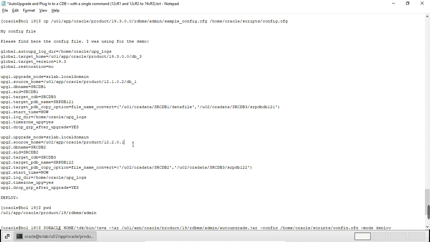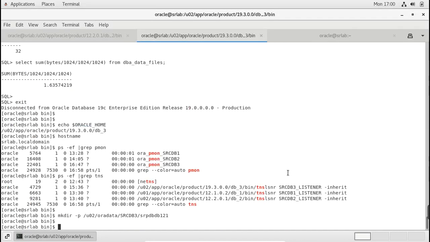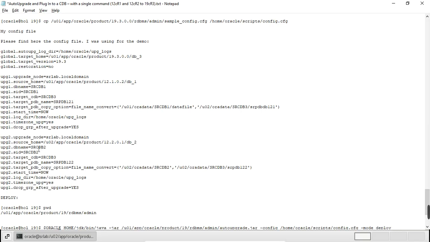It is home db_2. You can see here, this is the home for srcdb2, and it is going to plug into this container, and we are mentioning here srpdb12.2.